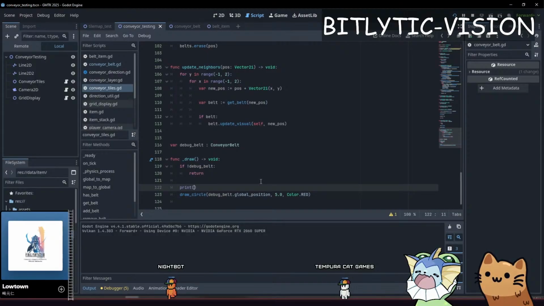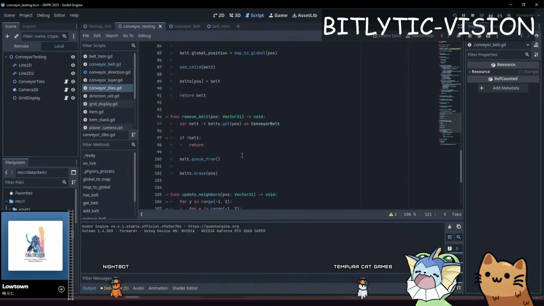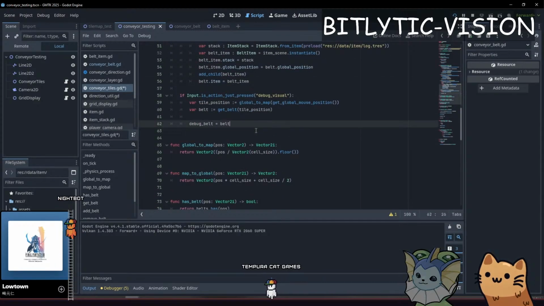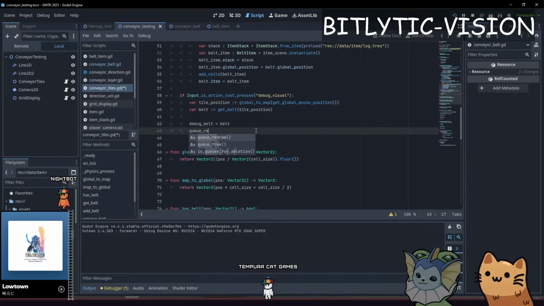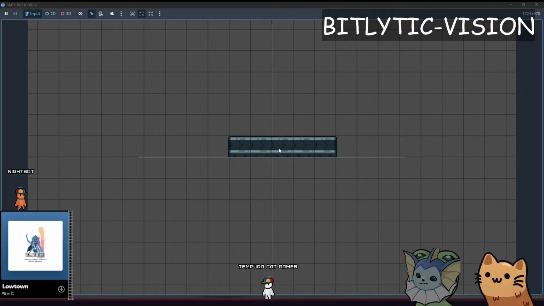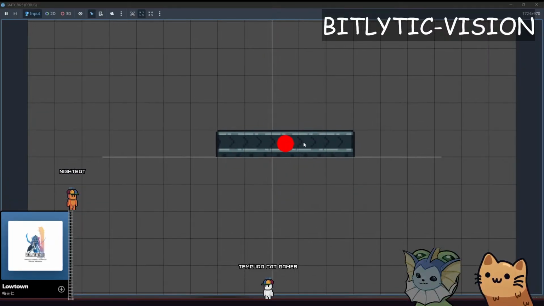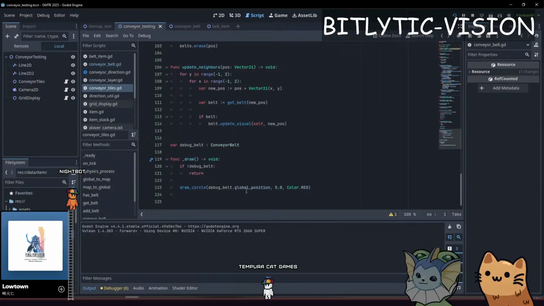Sorry, did this draw? Oh, I didn't do Q redraw. Sorry. There we go. So this will draw a circle on the belt that we currently have selected. And then I would like to,